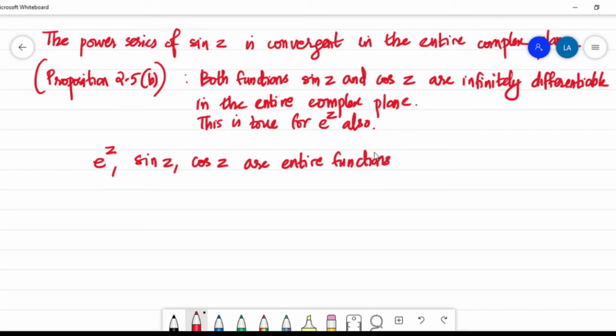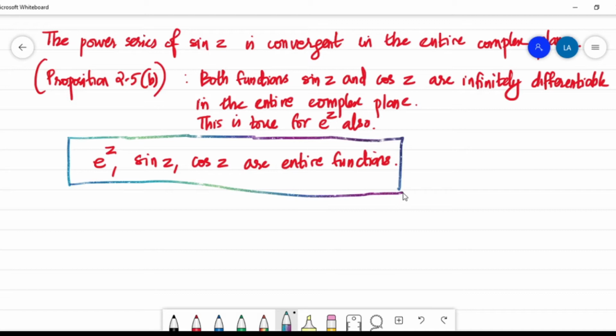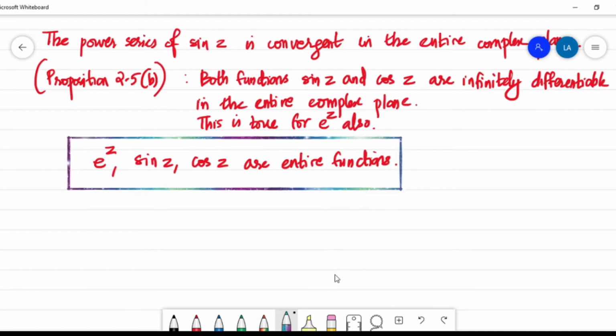That means they are analytic in the entire complex plane. This is a very important result and an example of functions which are entire. Okay. Now, let us see